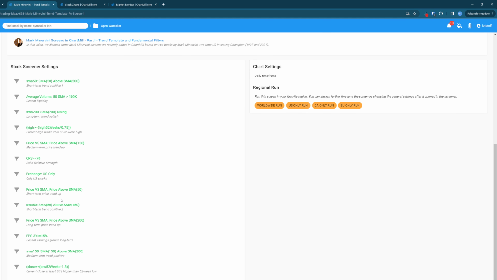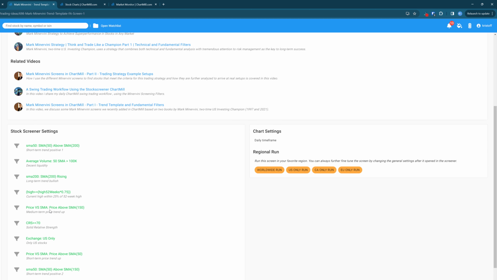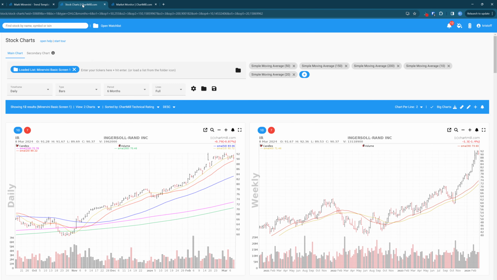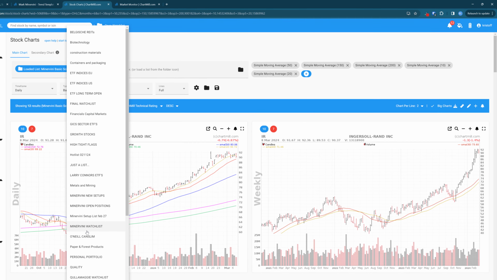And then the fundamental rules in this basic screen number 1. There has to be some decent earnings growth for the long term, so measured over the last 3 years, earnings per share growth of at least 50%, and decent earnings growth acceleration at least in the last year. Those are the specific rules for this basic screen number 1. So let's have a look. Open the watch list,